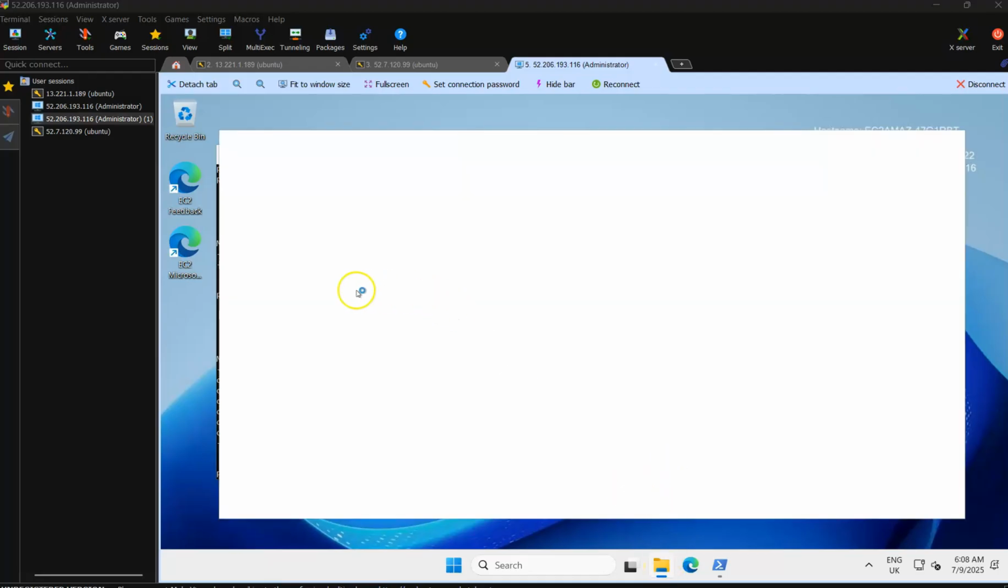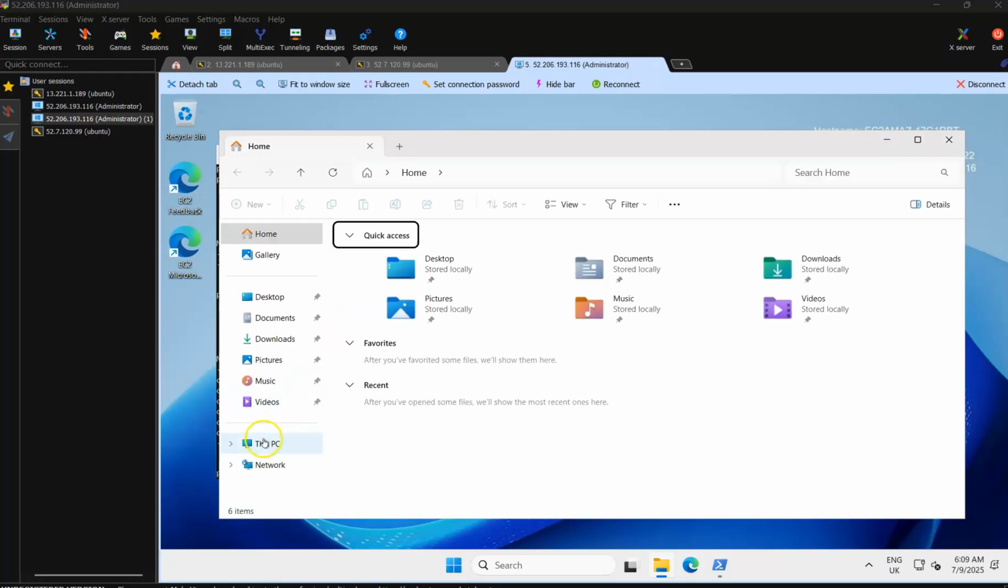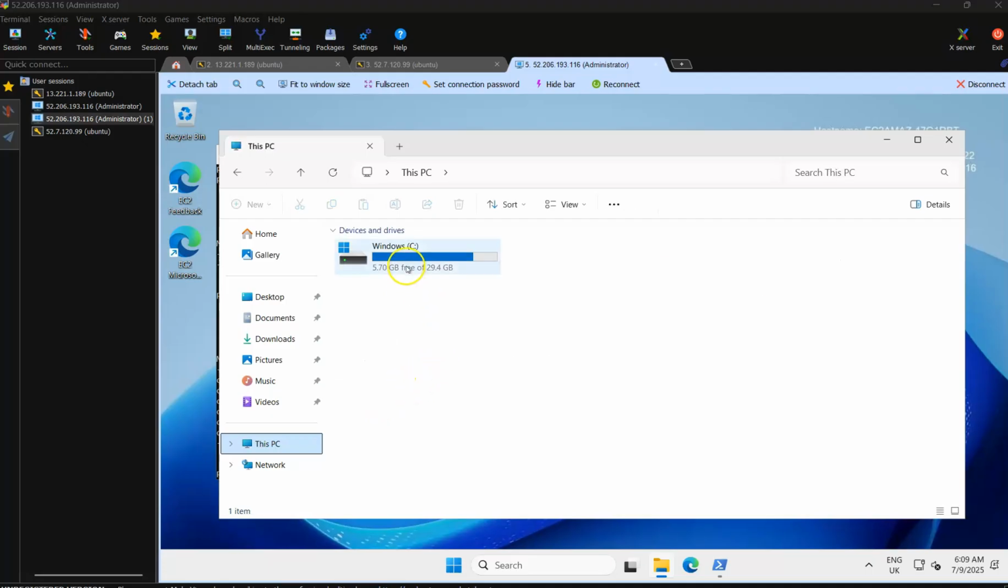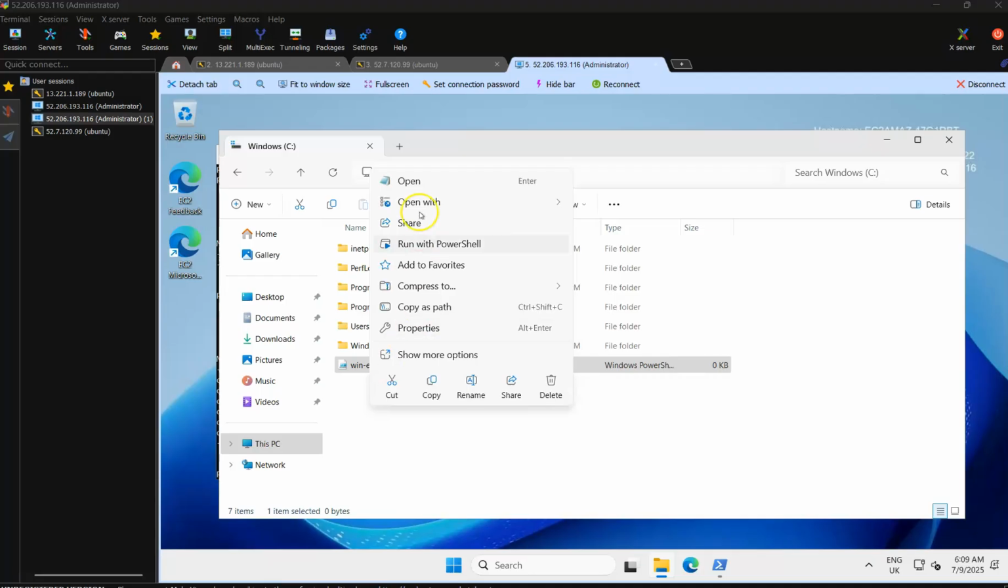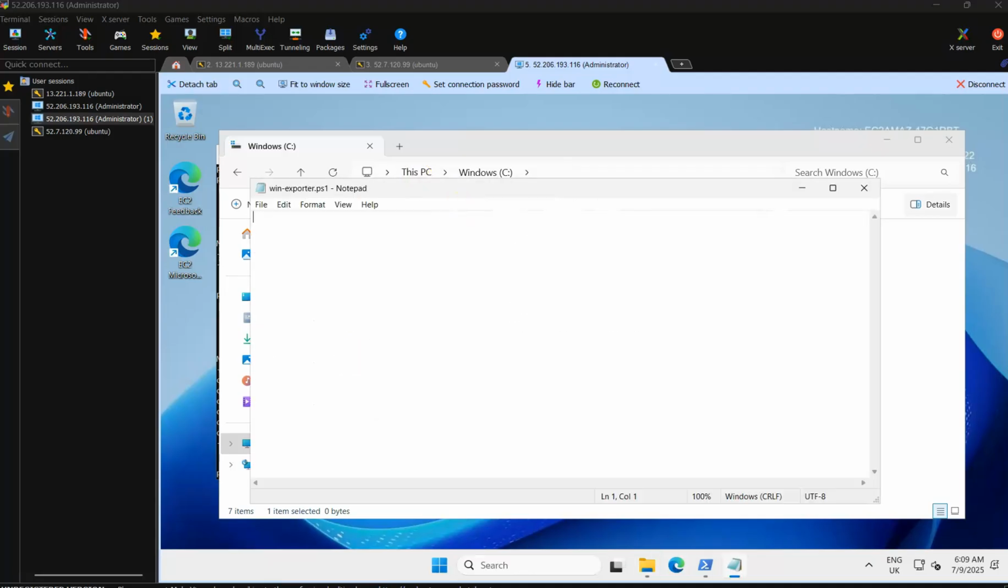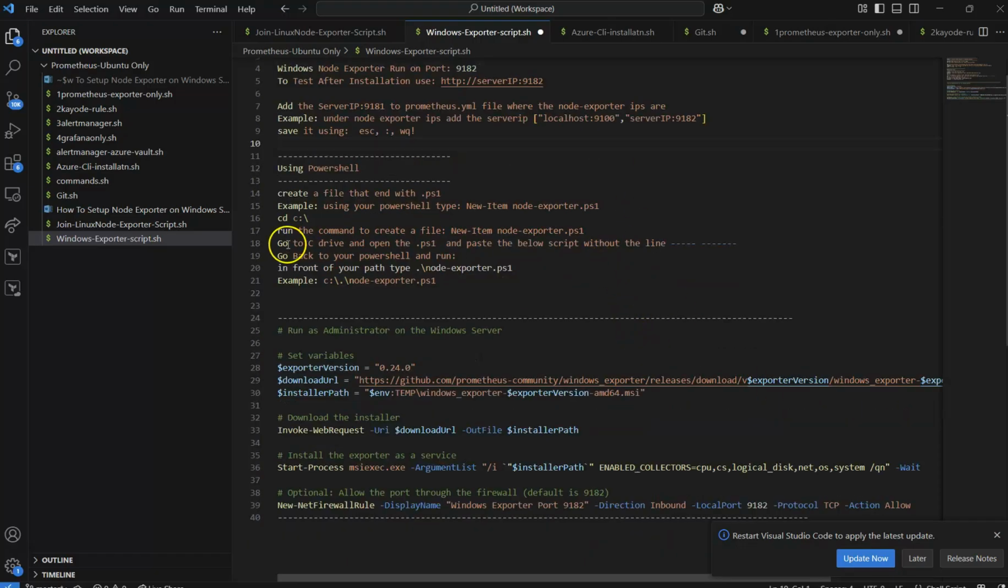Okay, so I will go check my file if it is truly existing in the C drive. So this is the file. So I'll open the file. Then this is the script. Inside the script, I said copy the file. Just go through it. You see, go to the C drive and paste the below script without the line. So just copy from here,